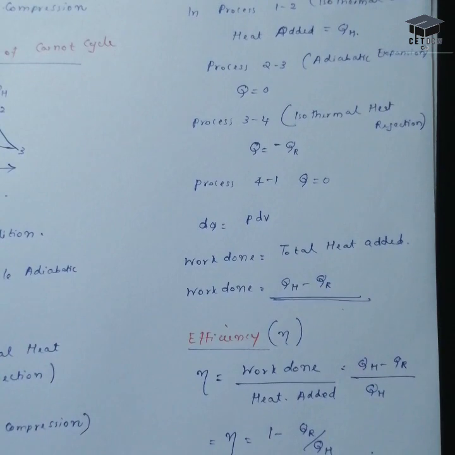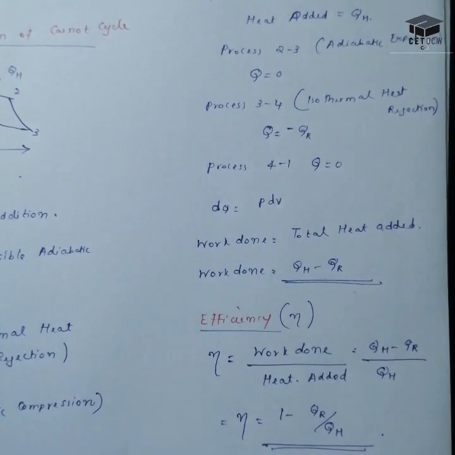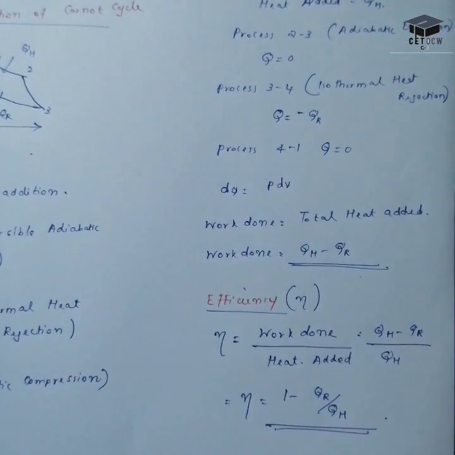This is the formula which is used in every cycle, let it be the Brayton cycle, the Rankine cycle, or the Otto cycle. In every cycle, this equation remains the same. But depending upon the cycle, we can manipulate this equation in different terms. Sometimes for an Otto cycle, this equation will be equal to 1 minus 1 by r raised to gamma minus 1. So it depends on the cycles. This is the most basic equation for the efficiency, and we can further develop or manipulate it in different terms.